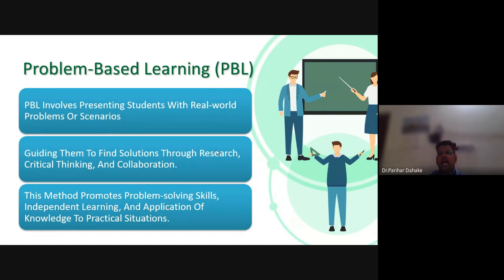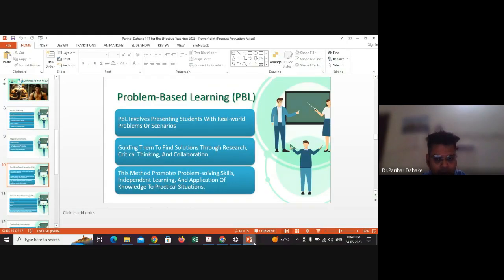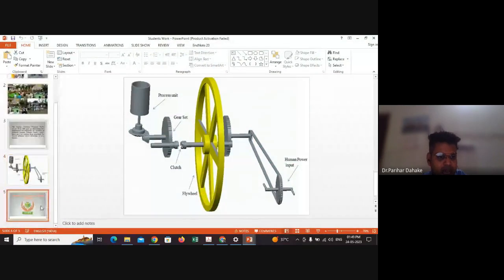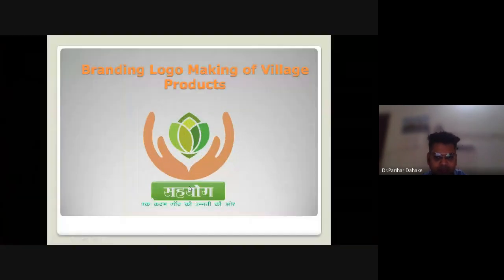When such a problem arises, what kind of solution would there be? So what happened? My management students took an initiative and developed and innovated one logo for village made products, and they gave one tagline also: सहयोग, एक कदम गांव की उन्नति की ओर.